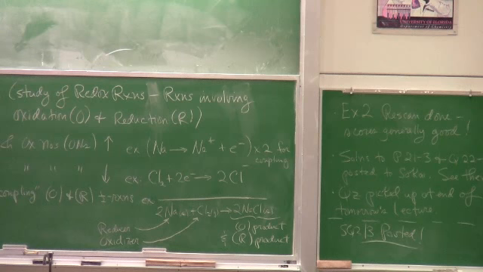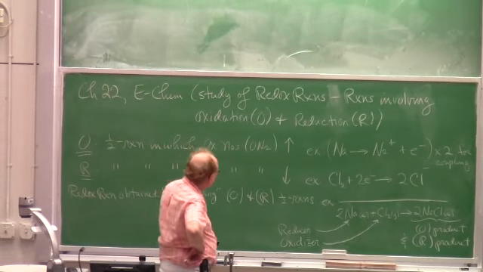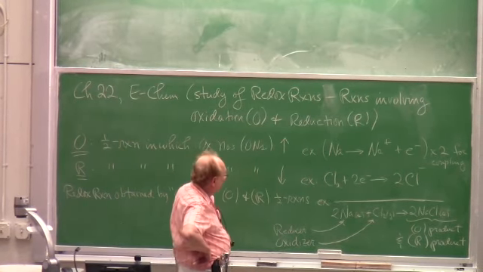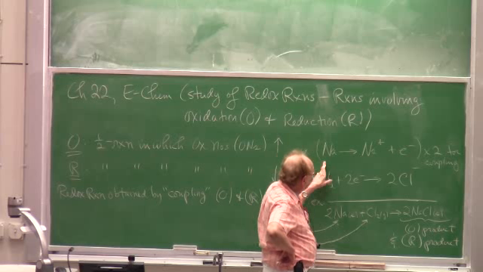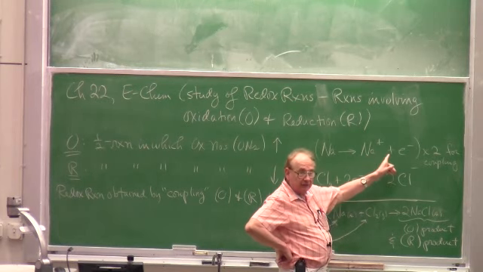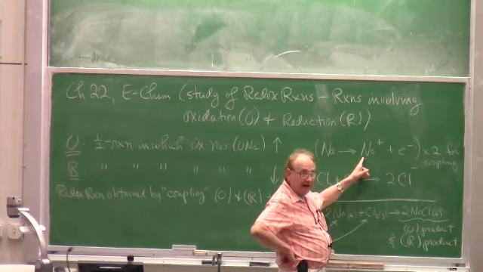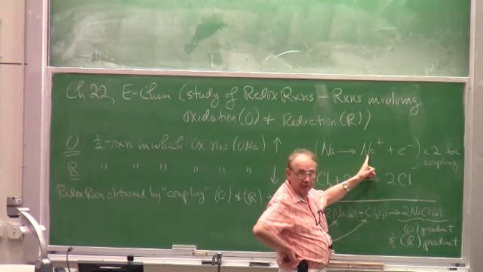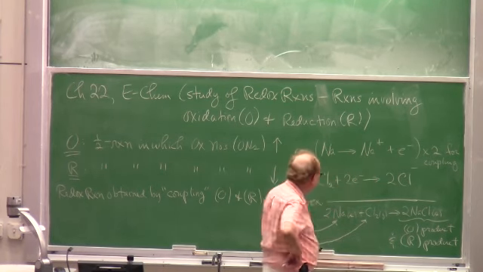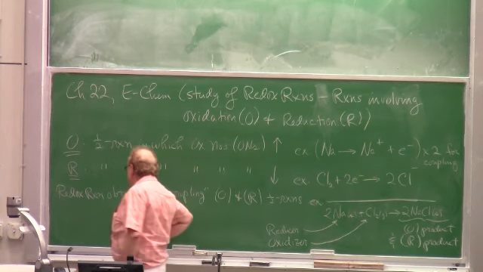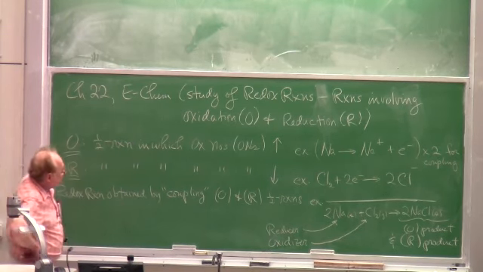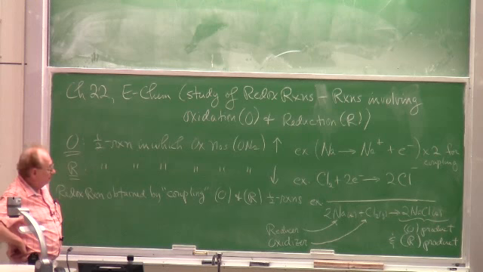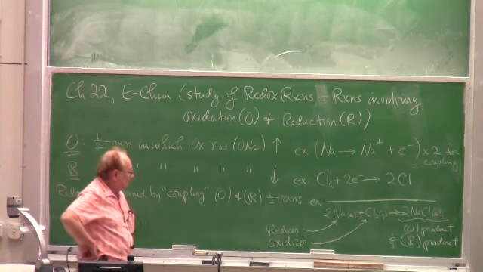Now, oxidation. Half reaction in which oxidation numbers increase. Oxidation number or numbers. Simple example, sodium atom oxidized to sodium ion by electron loss. Sodium ion is a cation. Oxidation number 0, oxidation number or oxidation state if you prefer +1. Reduction. Half reaction in which oxidation numbers decrease. Simple example,